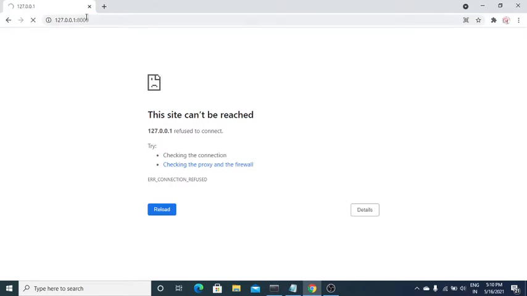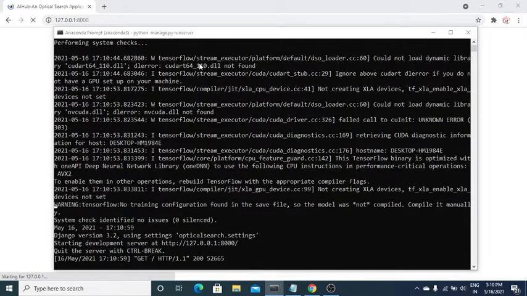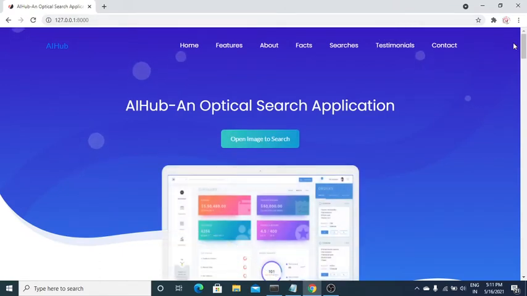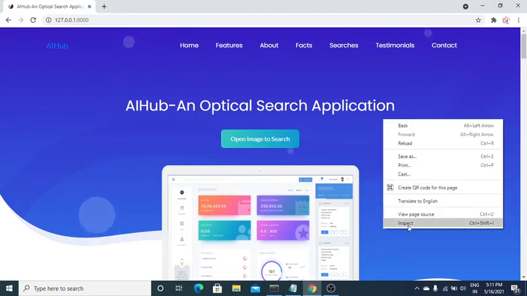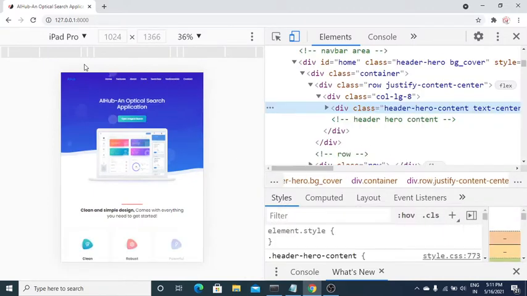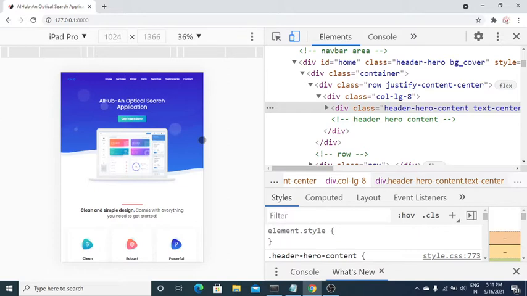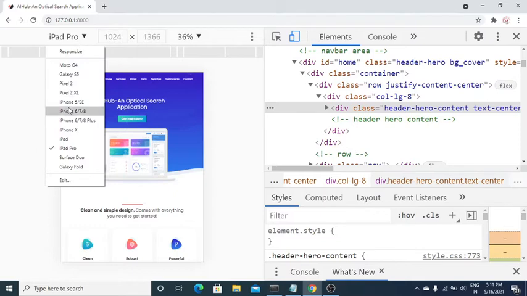And as you can see, it looks like a simple website, but it is responsive. It will change its layout according to different screen sizes. For example, I am inspecting it. If you look at it on an iPad, it would look similar to how it looks on a laptop, or screen size 1200 pixels and more than 1200 pixels, and for screen sizes less than that it would look like